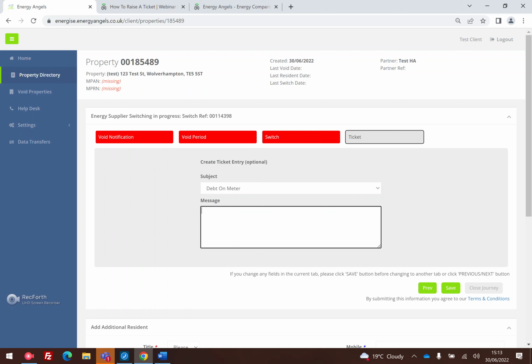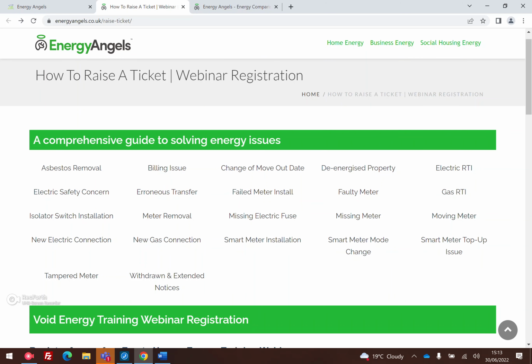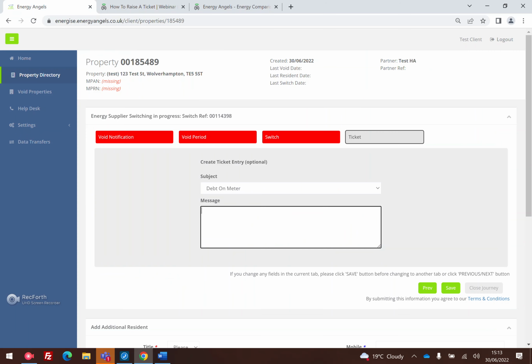Now we've got the box below that where we just need to put in the details of the ticket. And as I mentioned, you've got the how to raise a ticket guide that gives you all the information, which we opened from the home page and left open. Now, as I mentioned, the more information you can supply here, the easier it will be for the partner support team to get your query resolved first time. So if we just populate